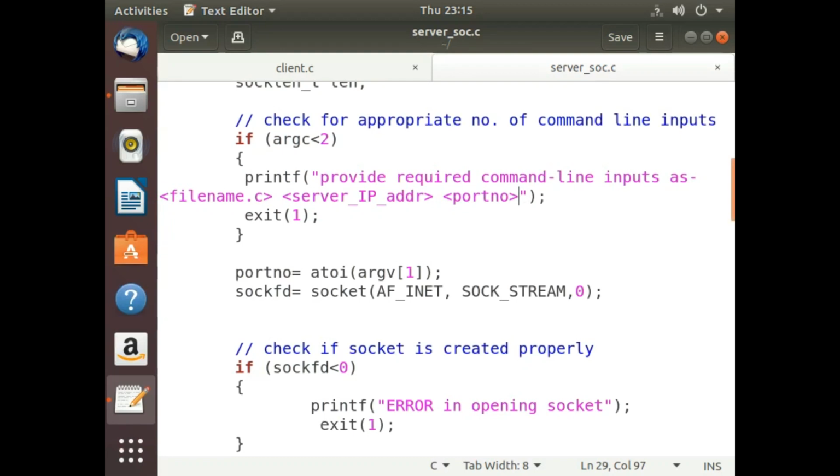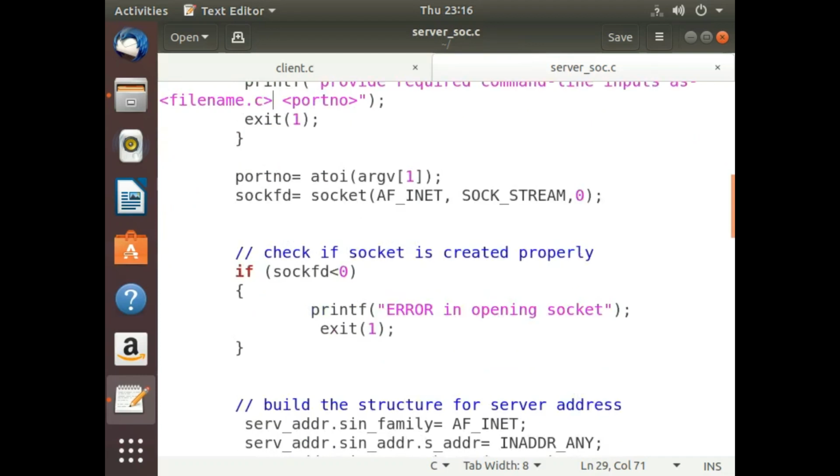For the server we don't expect the IP address, because we are just providing the port number. And if that is so, we are going to terminate our program abnormally by calling the exit(1) system call.